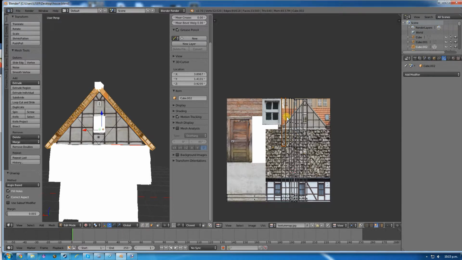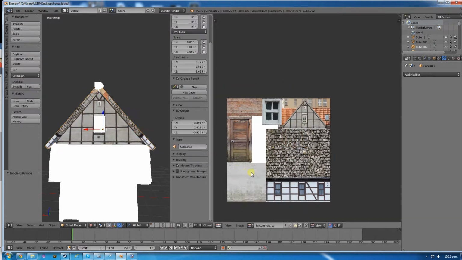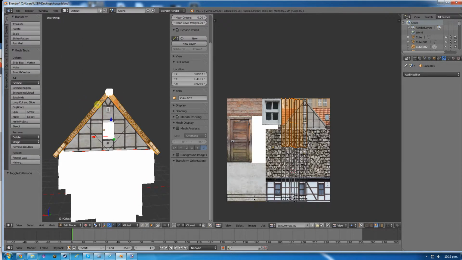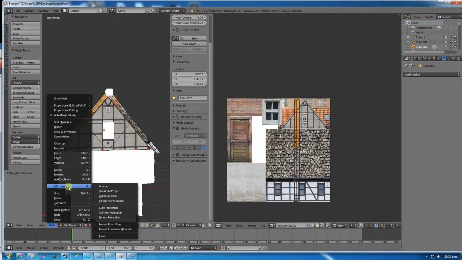So with that in mind, I'm going to go ahead and select all of these along the top here and hit G. Oops. I actually want them separate from the others, so I might just do that again, and I might select them manually over here. So I'll get that one, that one, that one, that one, that one, that one, that one, that one. So that's that side. Mesh, UV Unwrap, Unwrap,